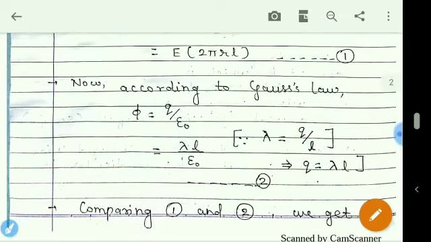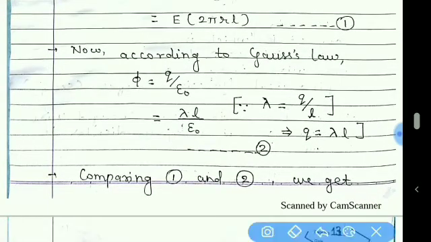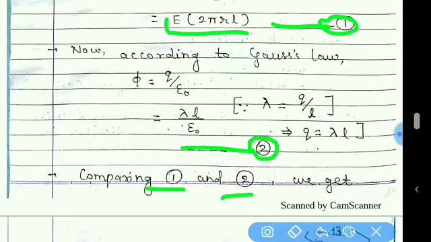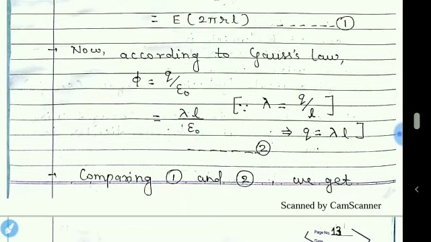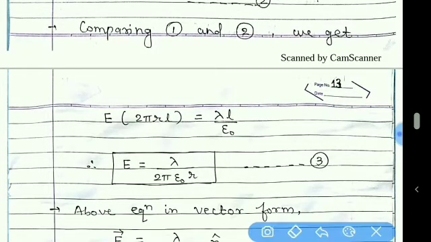Now equation number 1 is also of the flux, equation 2 is also for the flux only, so if we compare these two equations, then we will get E into 2 pi RL is equal to lambda L upon epsilon naught. So comparing these two, you get this term, and then if we make the subject E, we get this